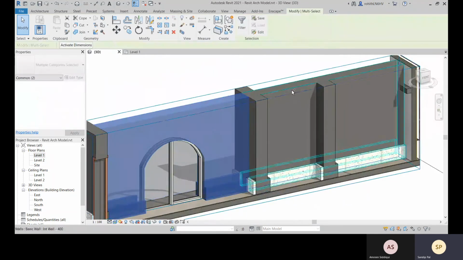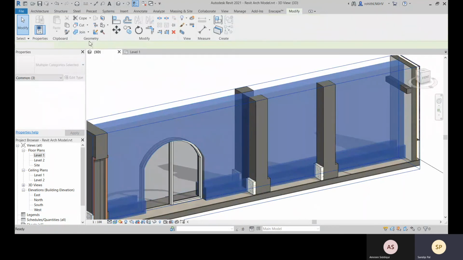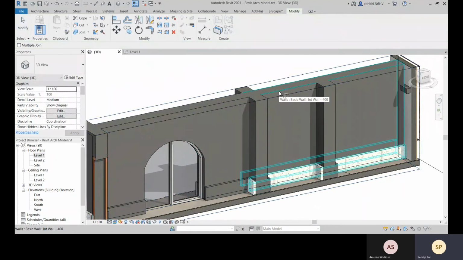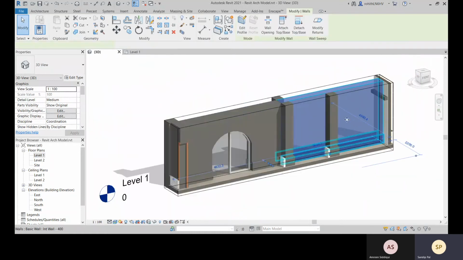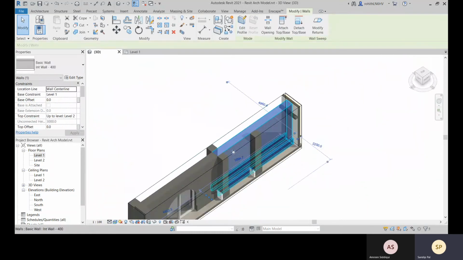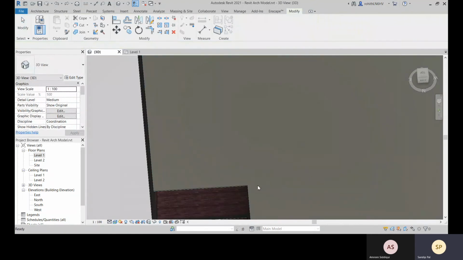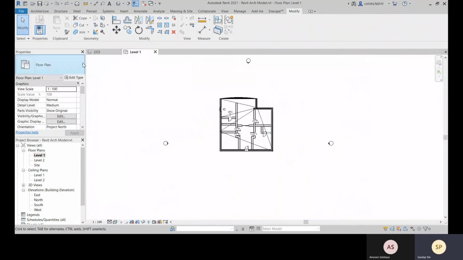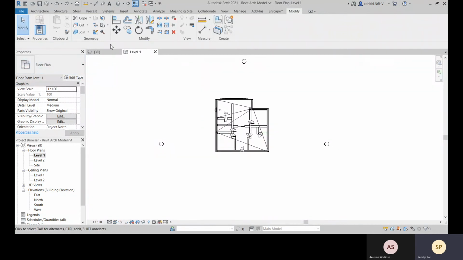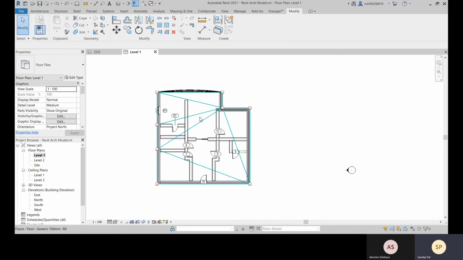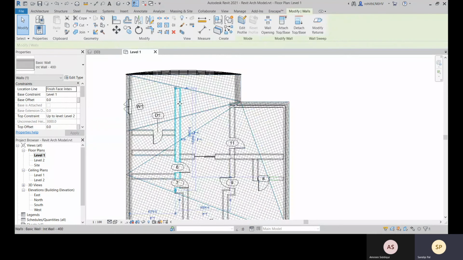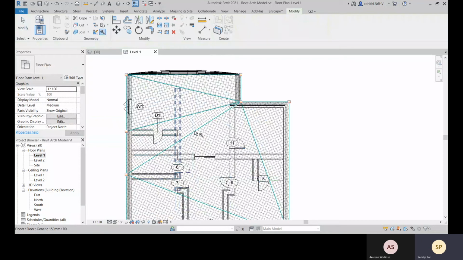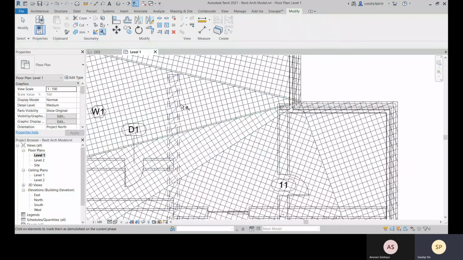Okay, let me check. So this cannot be joined right now. Okay. So what we can do is, suppose you want to demolish this, you can go with this Demolish, so that will be demolished.